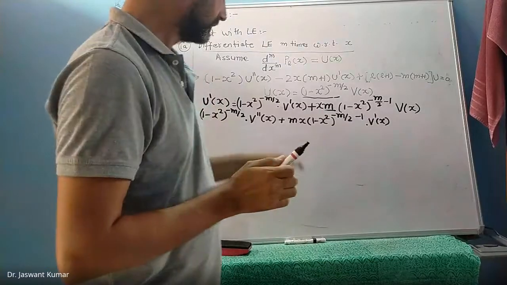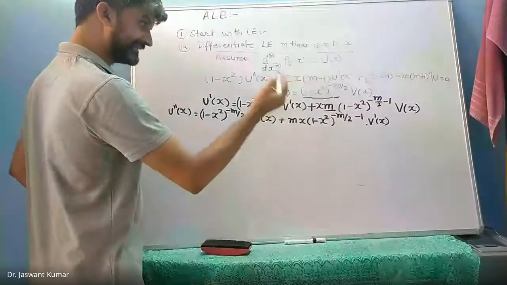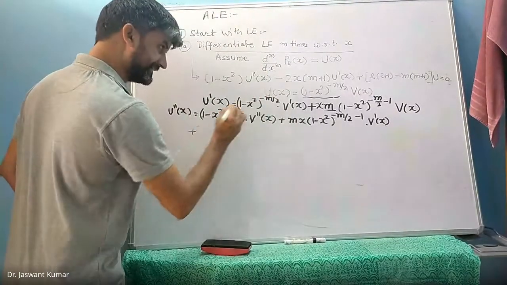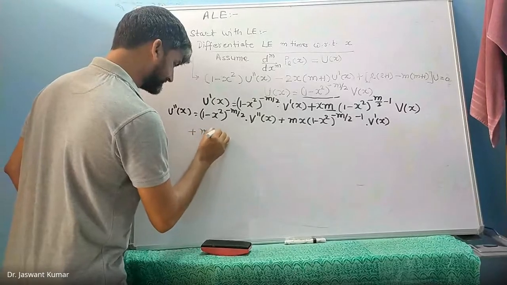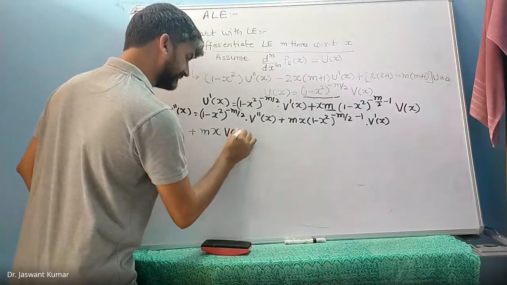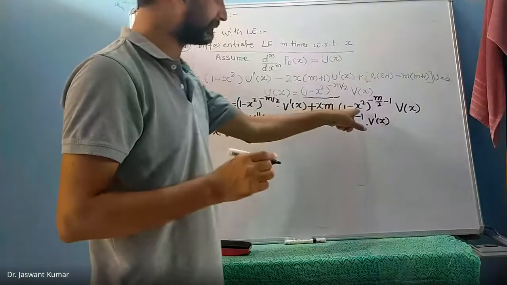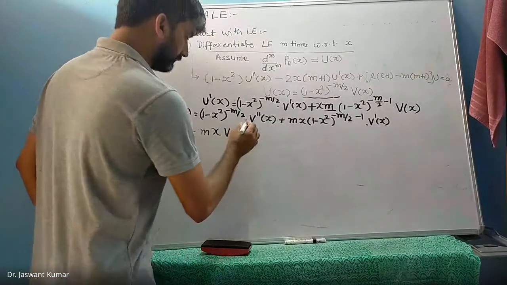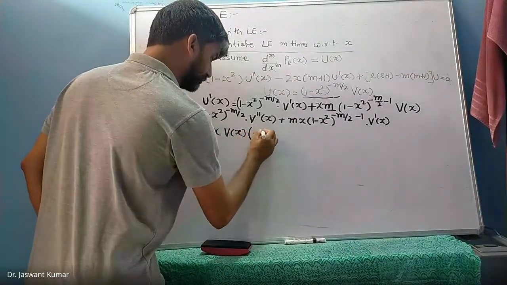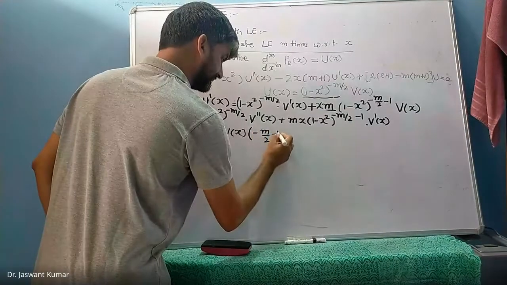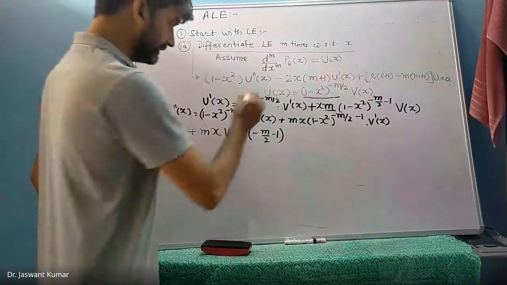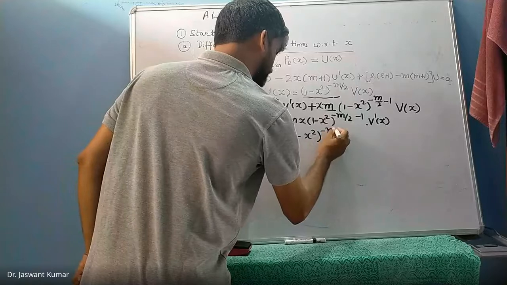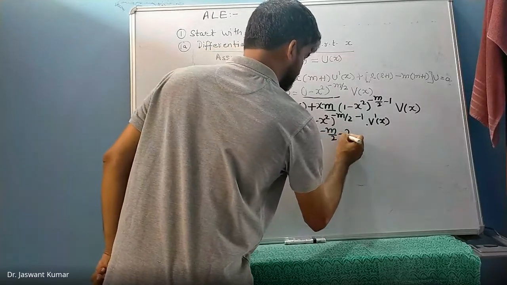Okay, so then we do the necessary differentiation. We first write the second term as it is, which is mx v of x. So this was our second term. I have written it as it is, and then we differentiate the first term. The first term is (1 minus x squared) to the power minus m by 2 minus 1. So this minus m by 2 minus 1 comes in front, and (1 minus x squared) to the power minus m by 2 minus 1 minus 1, so that means minus m by 2 minus 2.